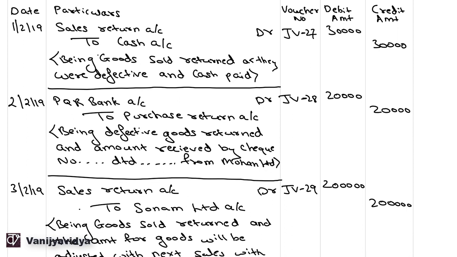1st Feb 2019. Now if you see, the next journal entry is on the 1st Feb 2019, that is, it is in the next month. So before that, we will be learning how to close the ledger accounts for the month of Jan and how to carry forward the balance in the ledger account to the next month, that is month of Feb.